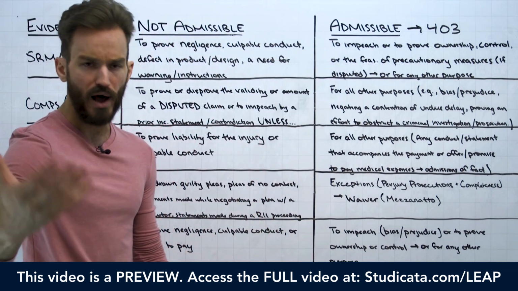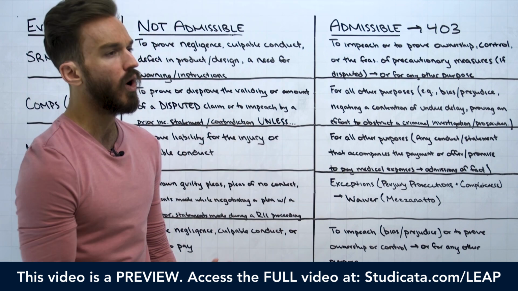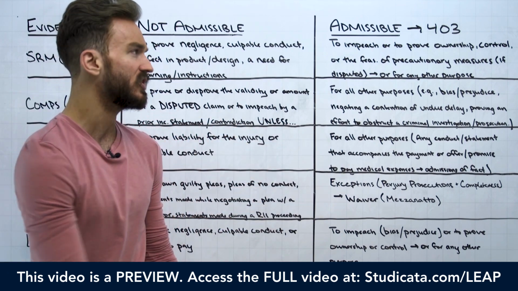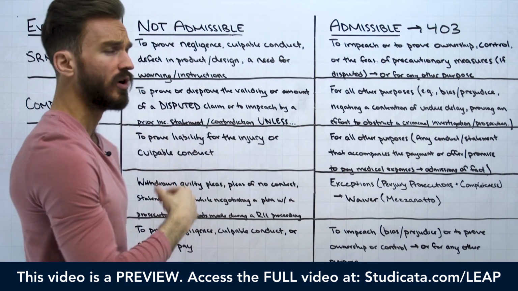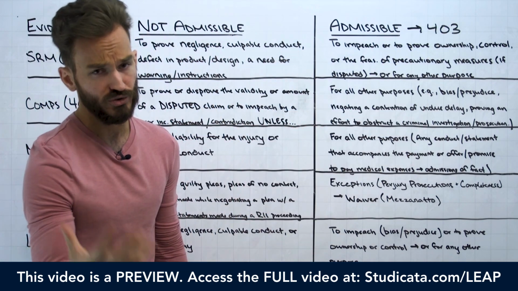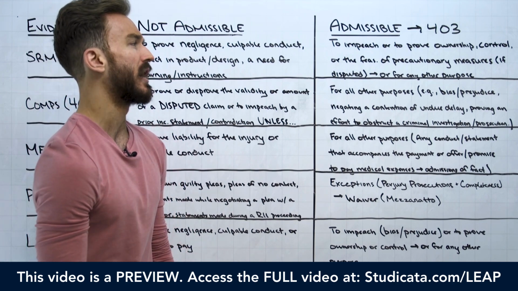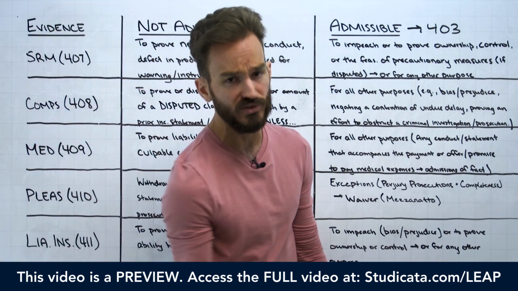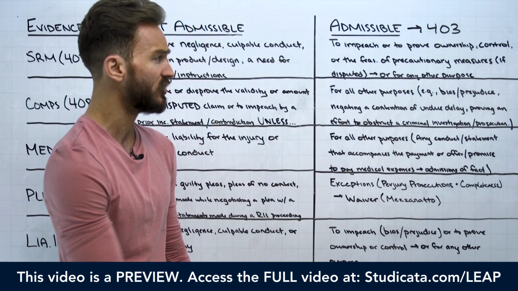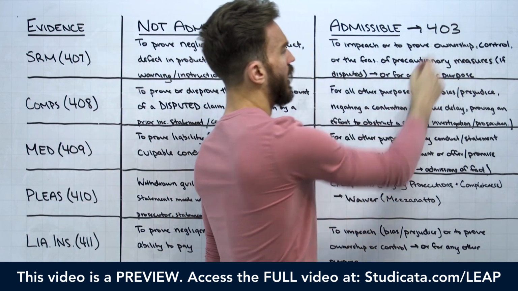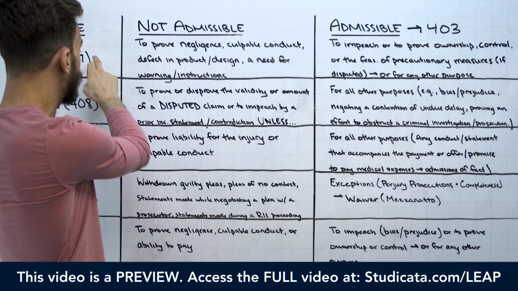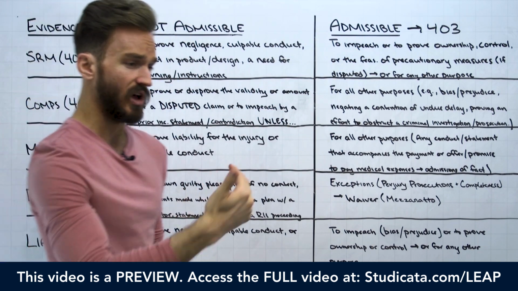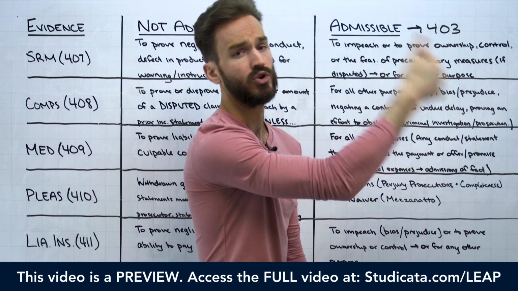Because again, anytime public policy is involved, you want to think about danger of unfair prejudice, so you would run a 403 balancing test. So this evidence could get over the 407 hurdle, but if the judge, which is you, on an evidence fact pattern decides that the probative value is substantially outweighed by a danger of unfair prejudice, it could still be excluded under 403. So when we say it's admissible, we mean it's admissible under Rule 407. Doesn't mean it's automatically admitted into court.